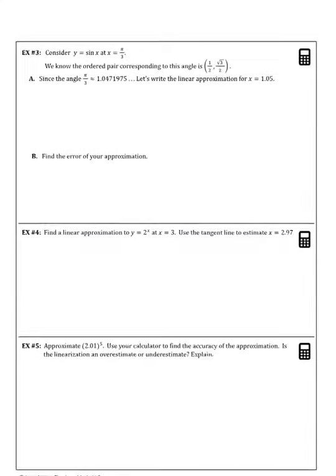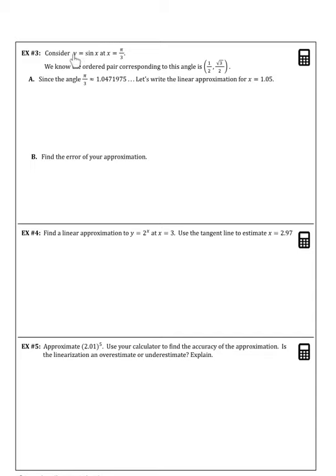Okay, so let's look at y equals the sine of x at x is equal to pi over 3. Here's some of your issues that some of you are going to have: you don't remember your pre-calculus and your unit circle. You're supposed to know the value of the sine of pi over 3, because if x is pi over 3, we're finding the sine at pi over 3. You're supposed to know that the ordered pair corresponding to this angle is 1/2, square root of 3 over 2. So if you remember your unit circle,